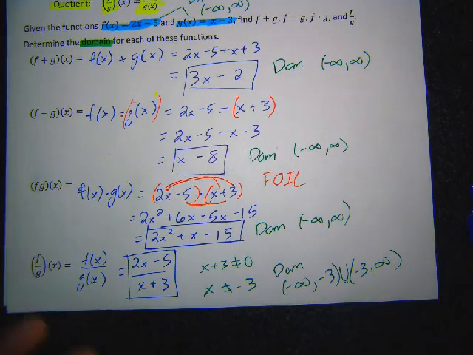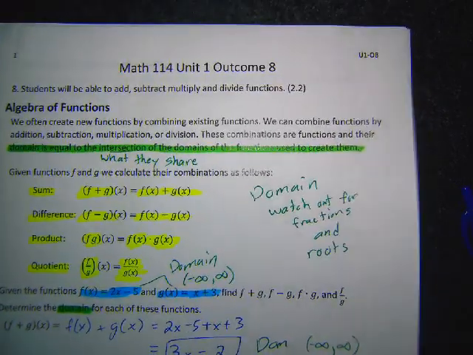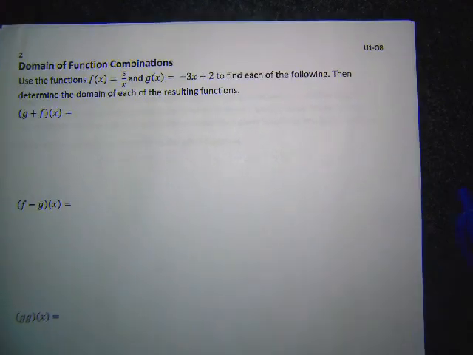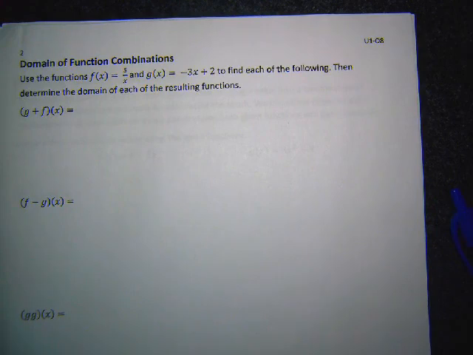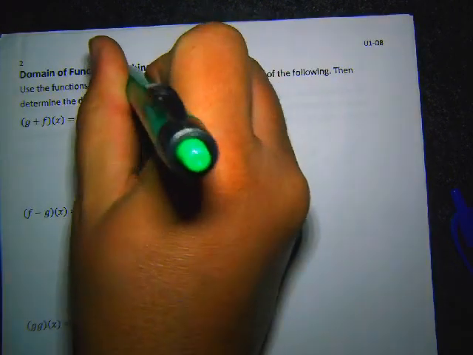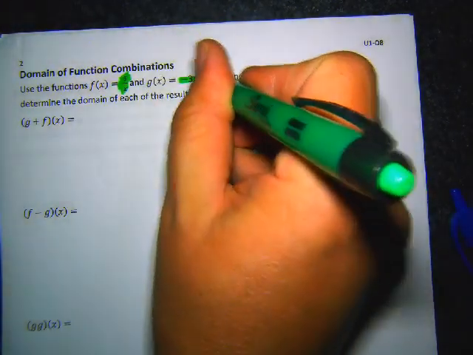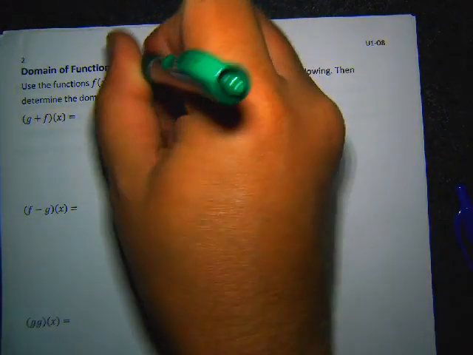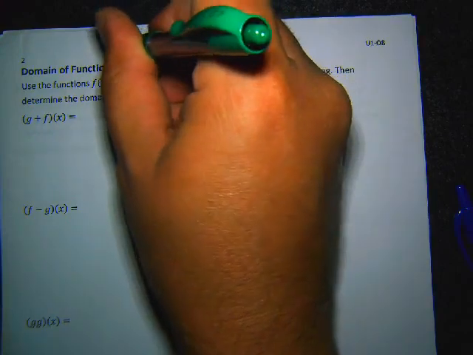Let's try one more set of these. We'll try combining them, and we'll try to talk about their domain. Maybe we'll talk about domain as we go this time. So this time, let's look at our two functions. Our two functions here, we have 5 over x and negative 3x plus 2. So note with the first one, the domain of this first function is not going